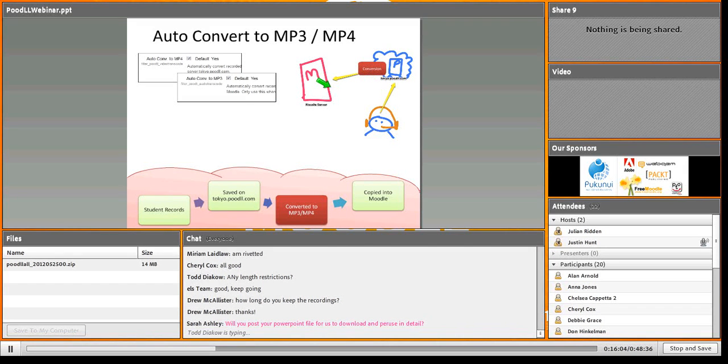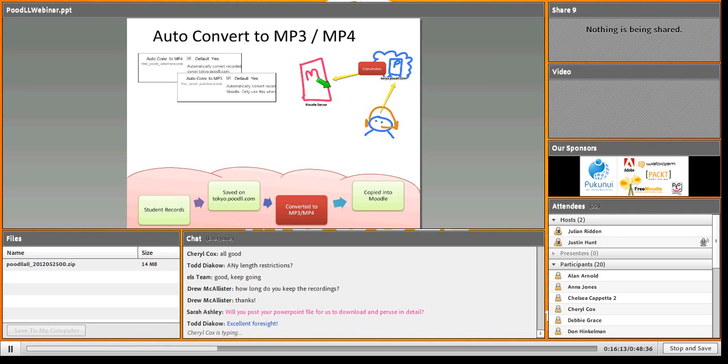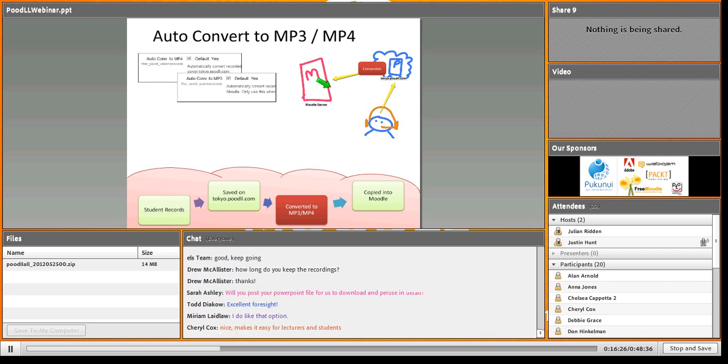That's a really neat little feature, and I worked pretty hard on that. It works quite nicely, but the MP4 file does take a wee bit of time to convert. So my advice is to have the students record audio as MP3 and just leave the video as FLV. But for your own content creation, I would use MP4, and that way your content will be accessible on mobile devices if your students access your courses via mobile devices.